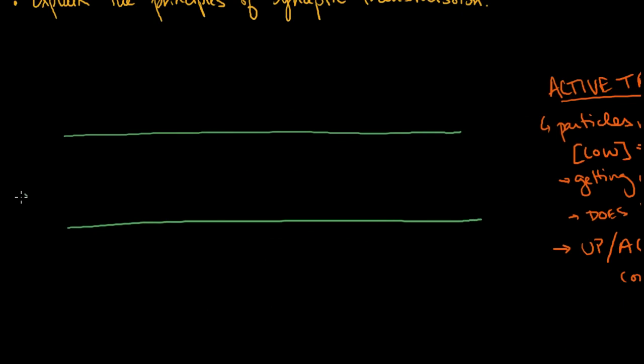So let's label this as the axon. This is where I'm moving the cursor in. That's the inside of the axon. This is the outside, and this is the outside. I should label that. So this is outside, inside, and outside. Now, when we talk about the term of resting potential,